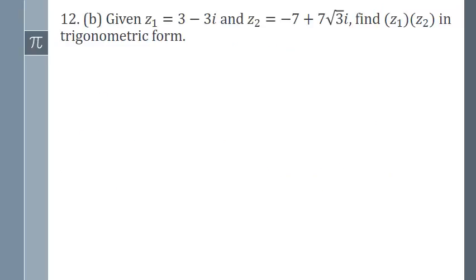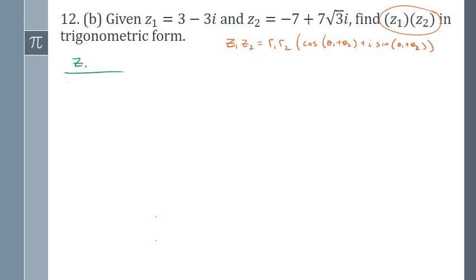All right, and finally, on to part B, last problem. So same idea, but this time it wants the product of the two complex numbers. And the product, z1 times z2, is very similar to the quotient, except we're going to multiply our distances, r1 and r2. And we're going to multiply that times the cosine of the sum of our angles. So cosine of theta 1 plus theta 2 plus I sine theta 1 plus theta 2. So just like we did on the previous one,